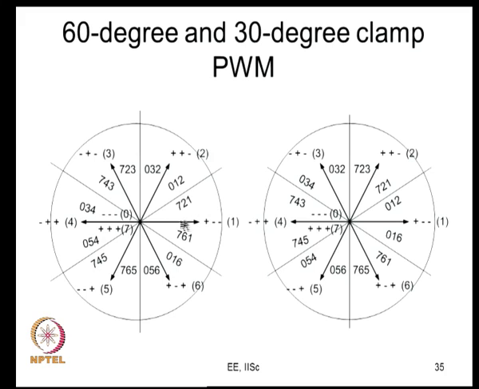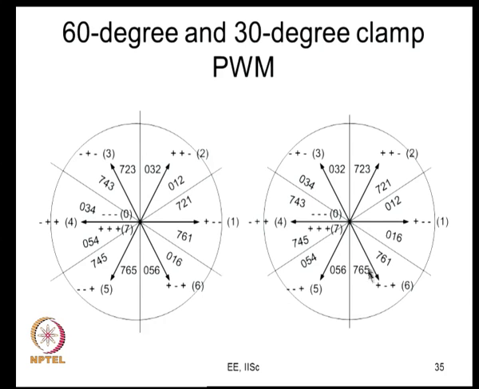So, you use this within your sector 1, you use this 7 to 1 in the first half and 0 1 2 in the second half, and you use similar sequences in the rest of the sector. And you will see that your R phase is clamped here to the positive bus, because 7 is plus plus plus and minus minus minus is never used here. R phase is clamped to the positive bus here. So, R phase will be clamped to the negative bus here. So, every phase will be clamped to one of the DC rails in the middle 60 degree duration of its fundamental cycle.